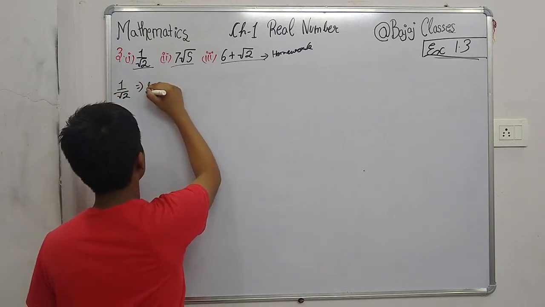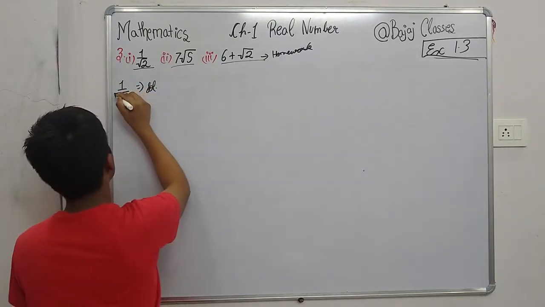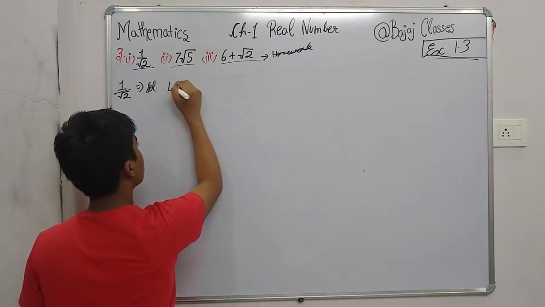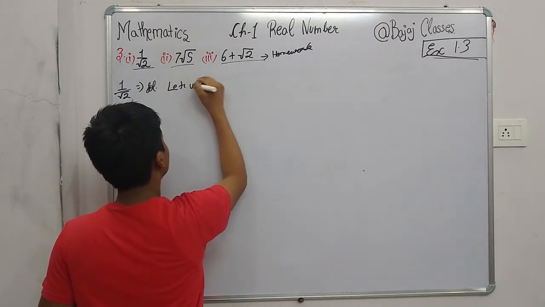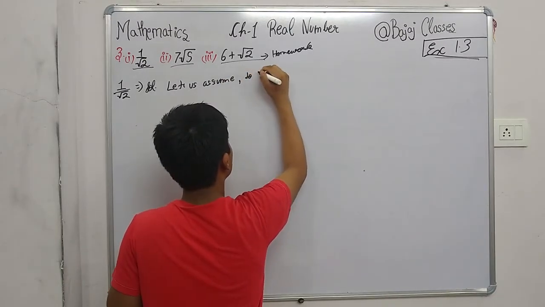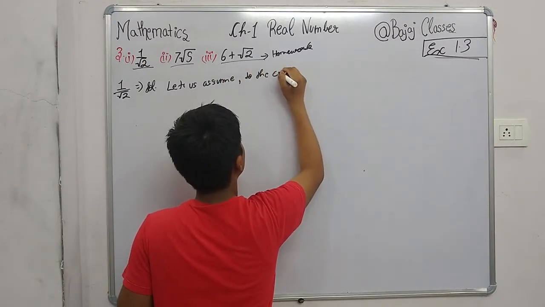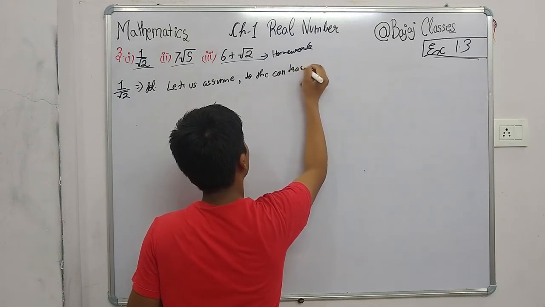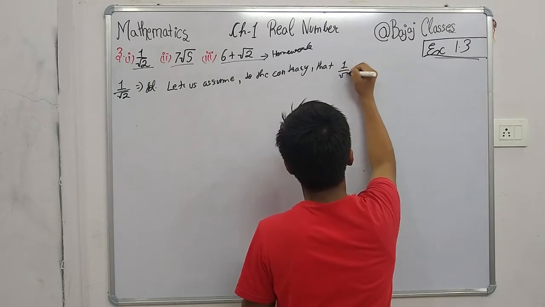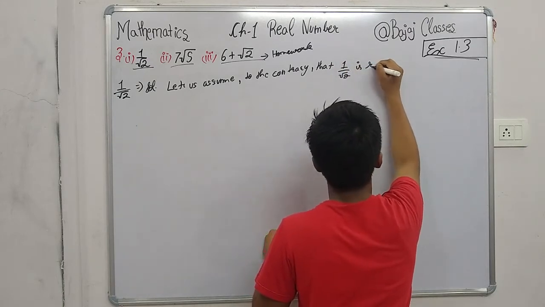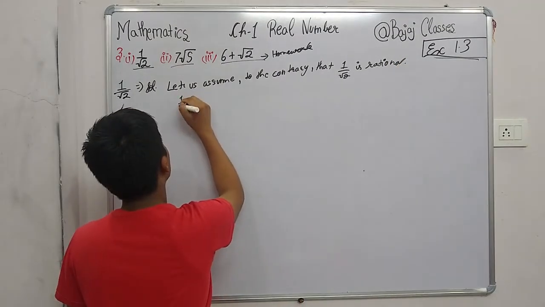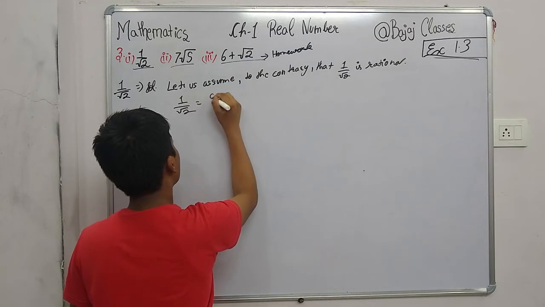So what will be the solution of this question? First of all, the same steps: let us assume to the contrary that 1 by under root 2 is rational. So we have to first take it as rational. Then 1 by under root 2 equals a by b,